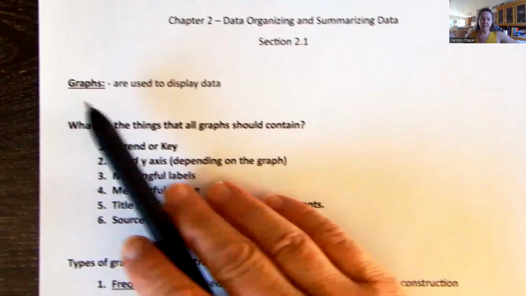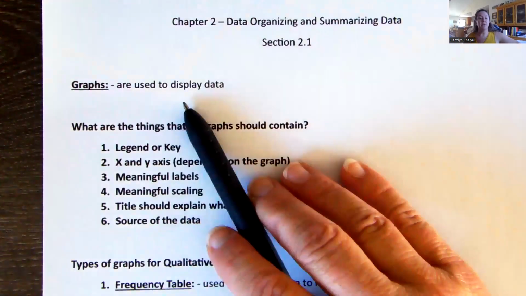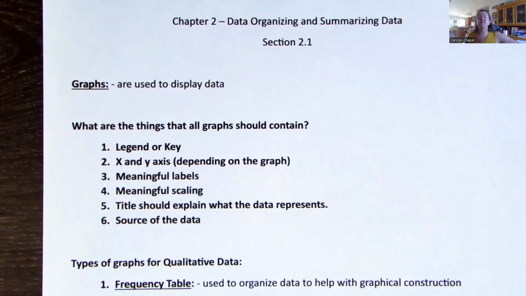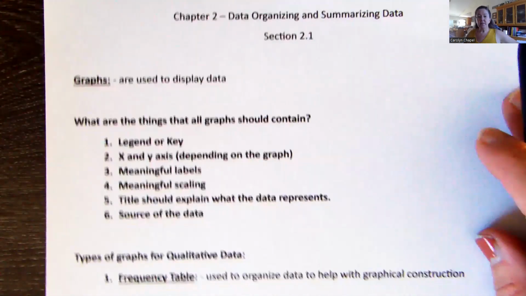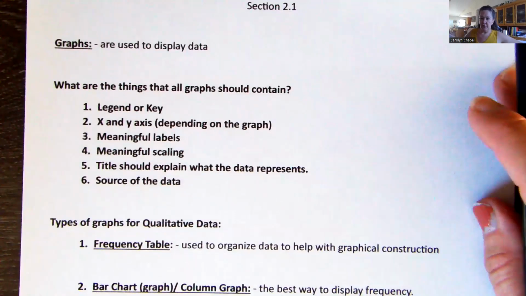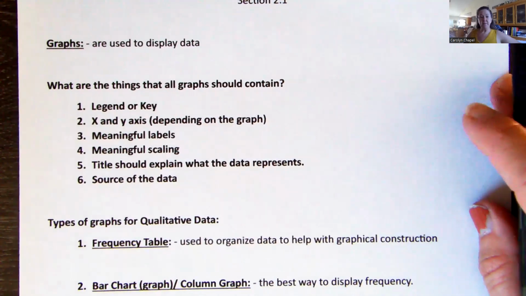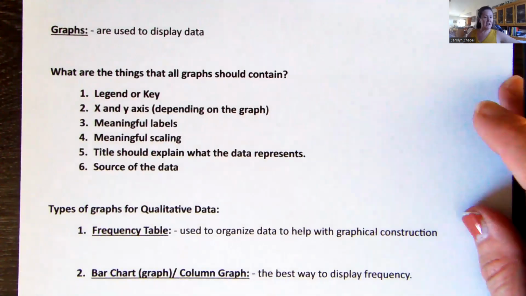First of all, graphs, that's what we call these things that we use to display data. And you have seen them in your lifestyles. Anytime you pick up a newspaper, anytime you look in magazines, a lot of times when you're just walking down the hallway at the schools, you will see graphs displayed everywhere. So first of all, if you were to create these things, here are some things that good graphs should have. I have seen a lot of bad graphs, even at educational